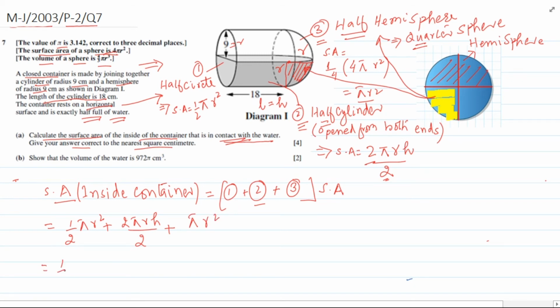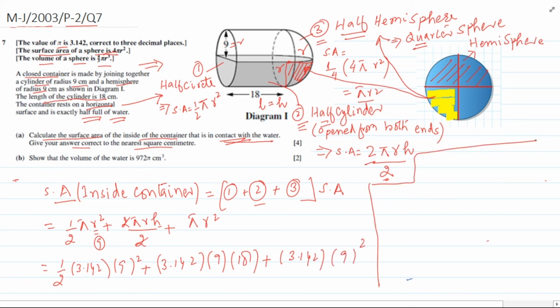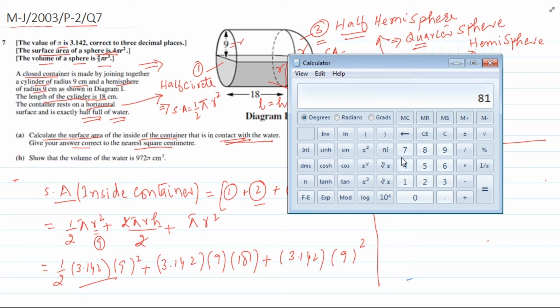This is equal to 1/2 (3.142)(9)² plus, 2 and 2 cancel out, 3.142, r is equal to 9, h is equal to 18, plus 3.142 (9)². 9 squared multiplied by 3.142 is equal to